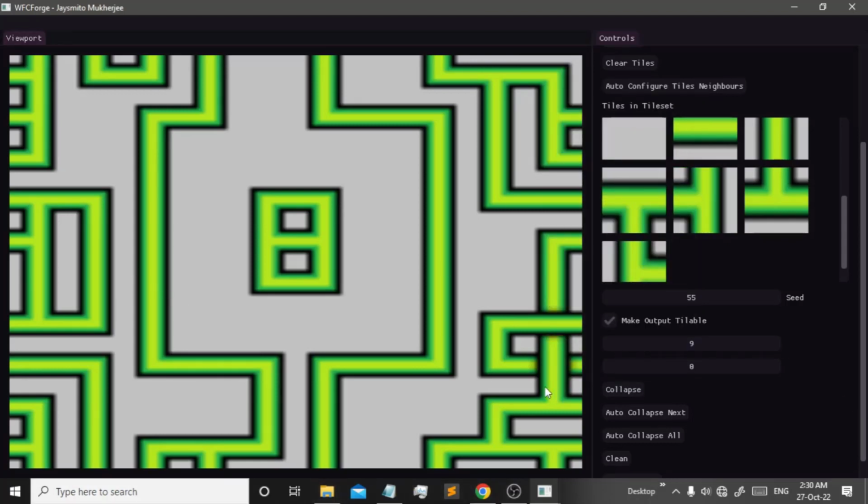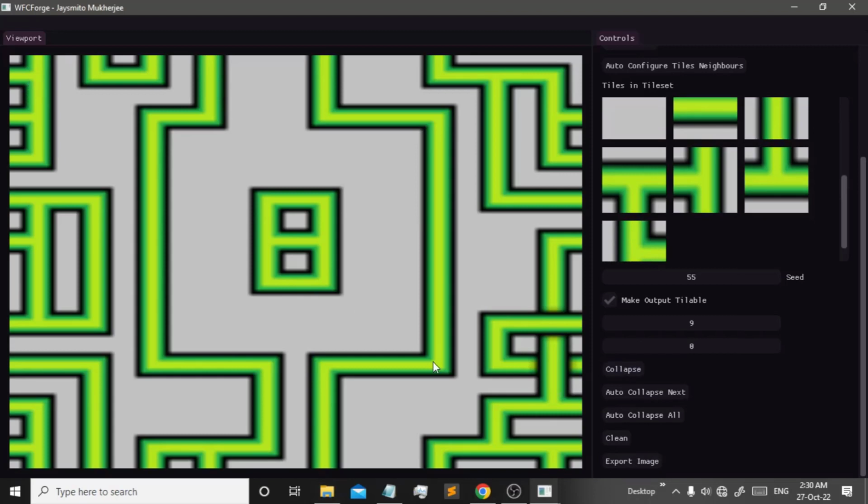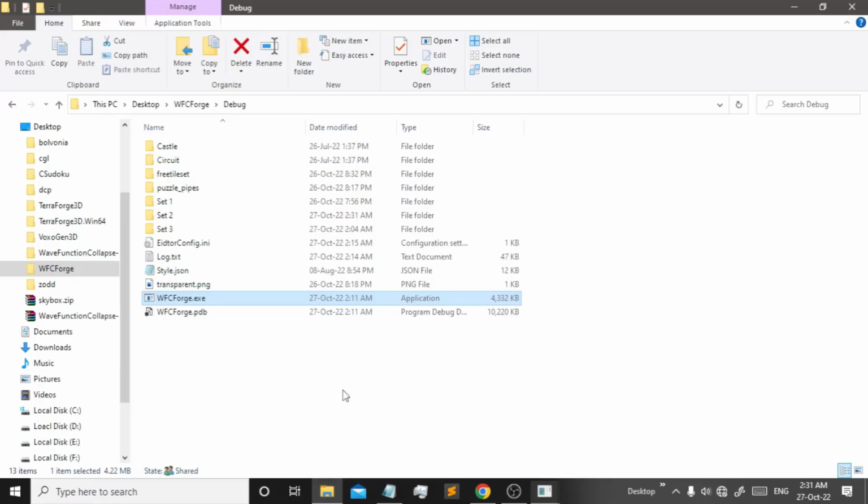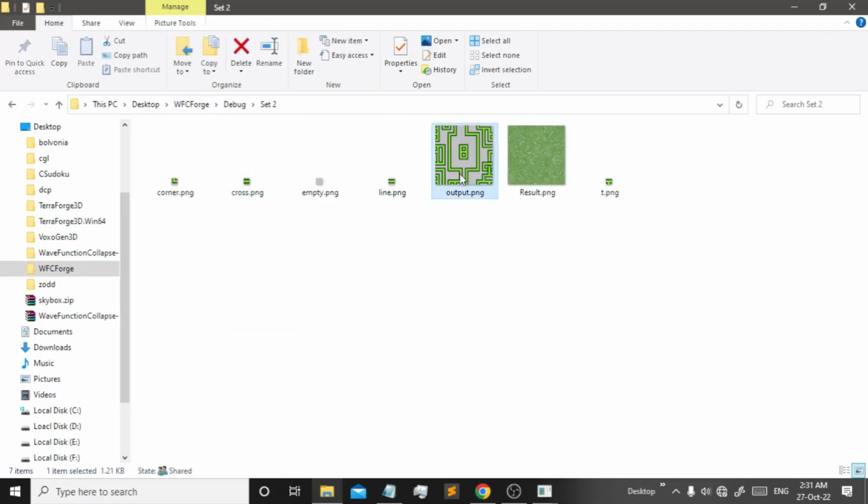Now that's one benefit. Now how to export it? We have generated our tile map. Now we have to export it. We can just click export image out here and say output.png and click save out here. Now if I just go ahead and check out the set one, right? Yeah, no, set 2. Yeah, the output.png. You can see our image being exported right here. Alright. So the next thing is